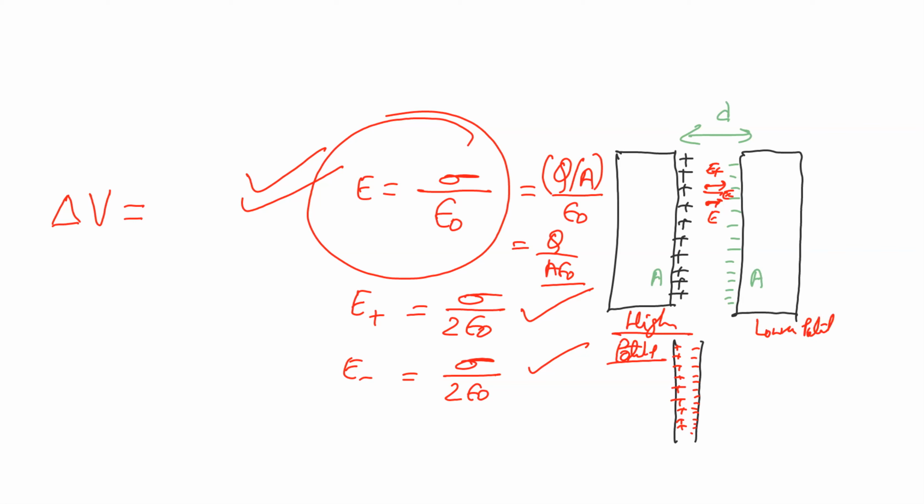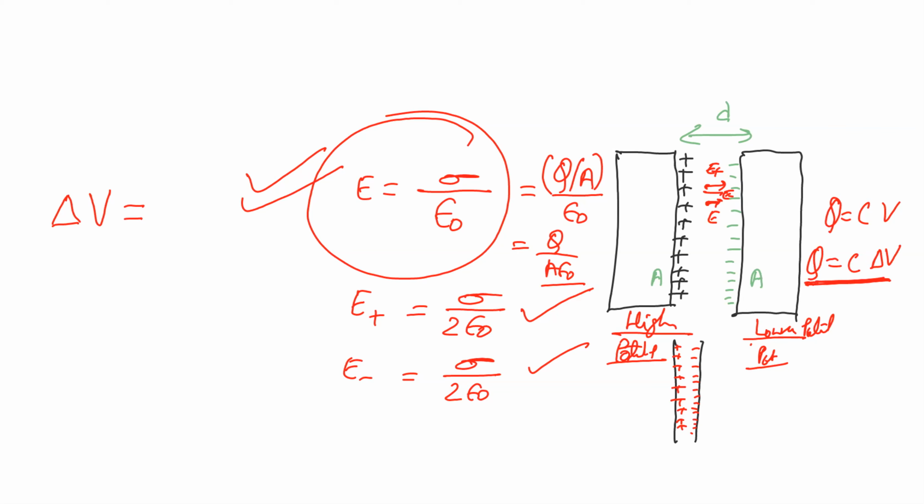So when we use the formula Q is equal to CV for a capacitor, technically it should be Q is equal to C into delta V, the change in potential, because V is not just a potential. Delta V is the difference in potential, higher potential minus lower potential.